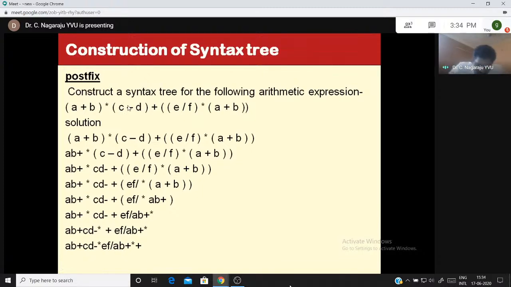For example, in C programming, when you are assigning a statement like this, X is equal to A plus B into C minus D plus E by F and A plus B. When you are using the statement, you have to evaluate the tree. Already you have studied the postfix expression, so whatever programming language you are given in infix notation, first it will be converted